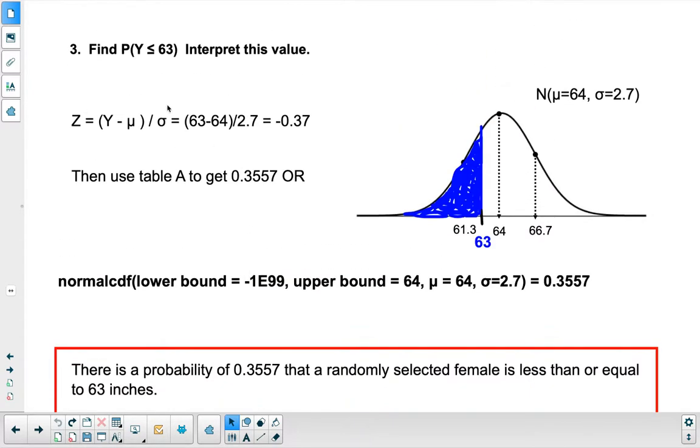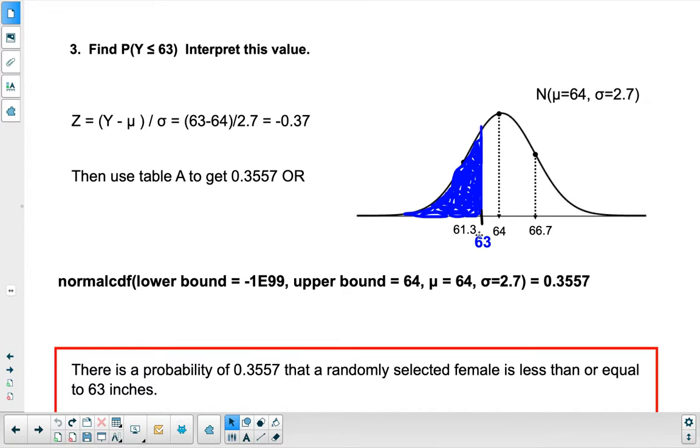So now it says find the probability that your random variable Y, so the height in inches, is less than or equal to 63. So they said the heights were normally distributed. So this probability distribution is represented by a normal curve. So make sure you sketch that. You label it with the parameters that it's normal with a mean of 64. And you could put mu sub y here. That would look great. Mu sub y equals 64. Sigma sub y equals